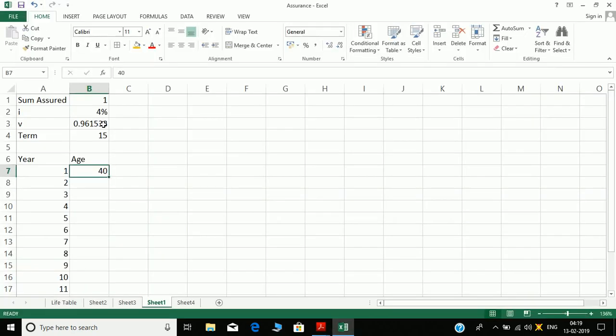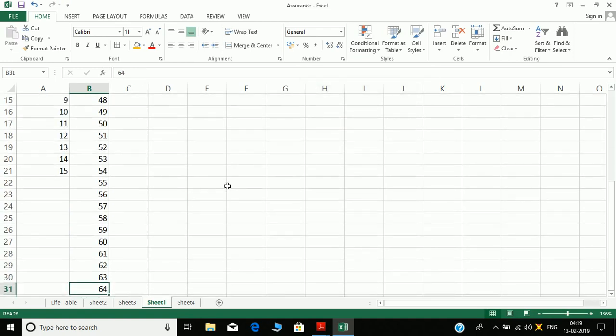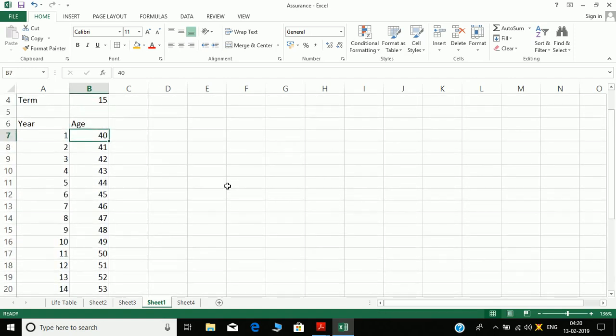So 40 plus 15 is 55, sorry, 54 as the last age in the term. Then I have the age column.